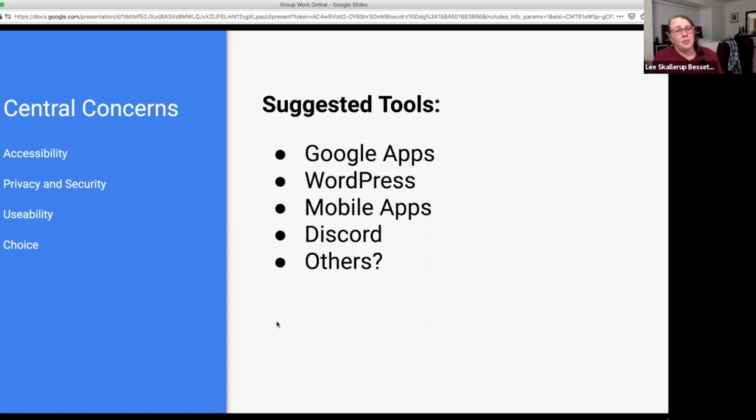Another option for students is WordPress. So they can go to wordpress.com, set up a WordPress installation. They can add all their friends, and they've got a website that they can collaborate on. It's not as real time as Google Apps, so multiple students can work in Google Apps at the same time. You can't necessarily do that in WordPress, but it can be a repository for student work in a place where they can go and see.